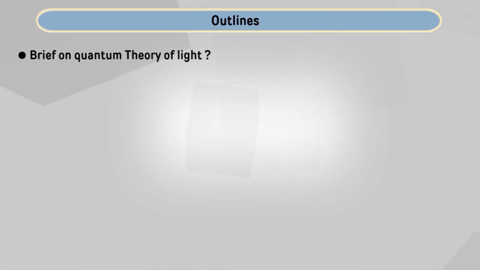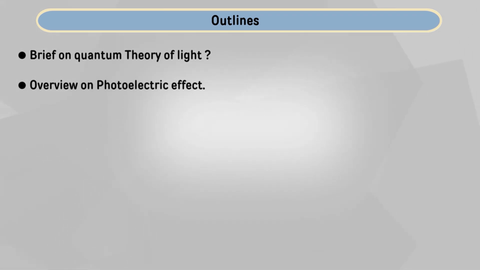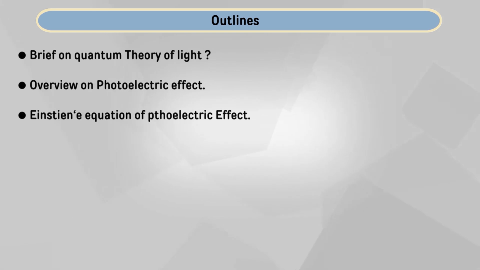In this lecture we are going to discuss the photovoltaic cell, which is actually based on the quantum theory of light and especially used in the explanation of the photoelectric effect. So, before going into the details of the photovoltaic cell, we will briefly discuss the quantum theory of light, and then an overview of the photoelectric effect, and then Einstein's equation of the photoelectric effect, which will help to understand